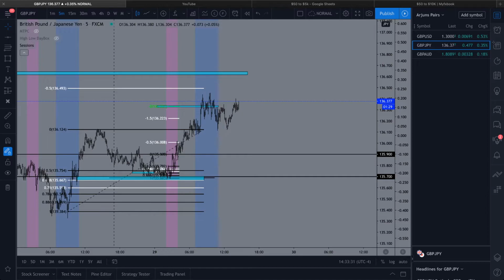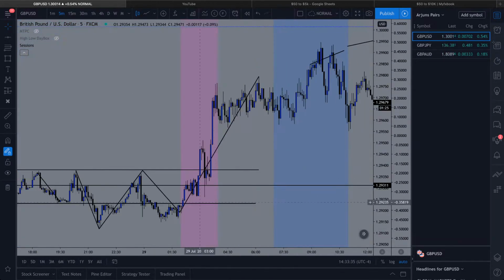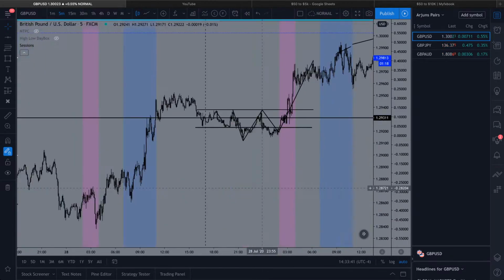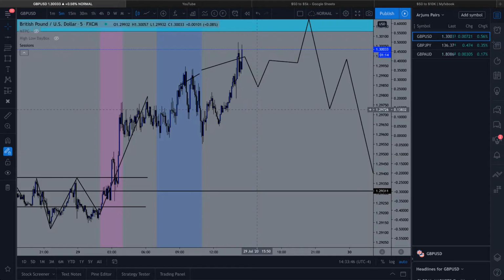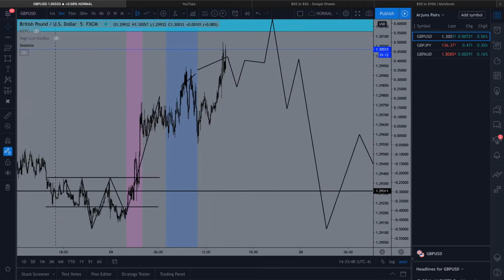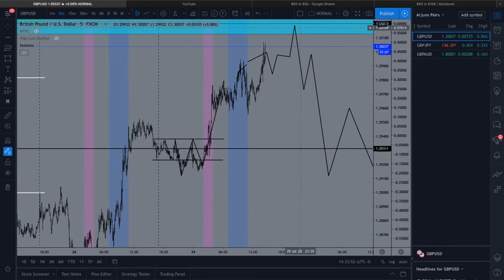Today, honestly, I probably could have taken the GBP USD trade as well, if I was looking at it, because we had a similar scenario kind of play out on GU. But I was a little bit wary of the FOMC news coming in and everything. But I predict right now that GBP USD is going to make a push up and create the high of this week around